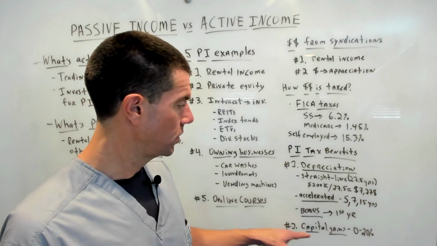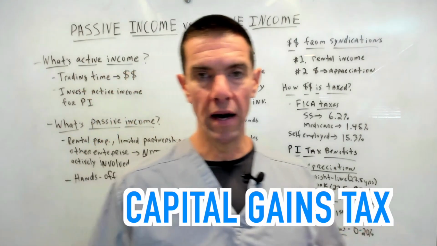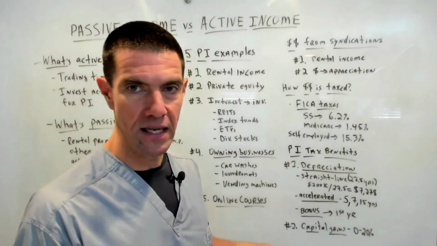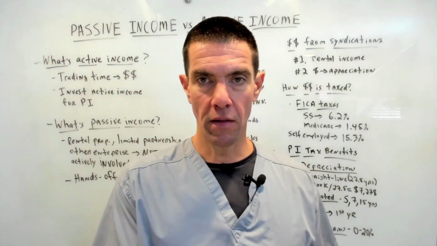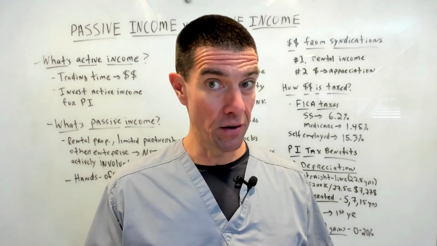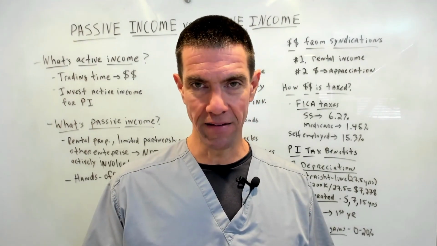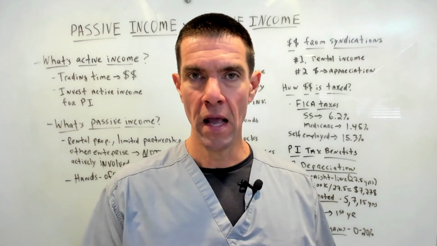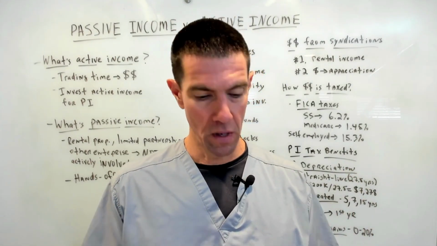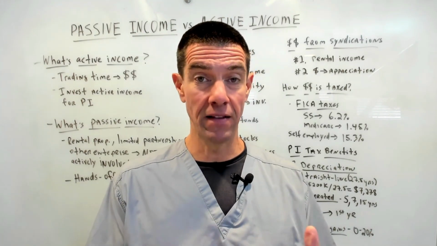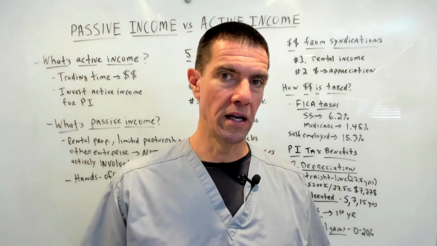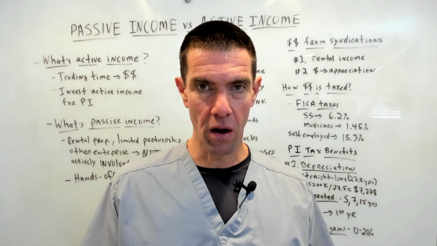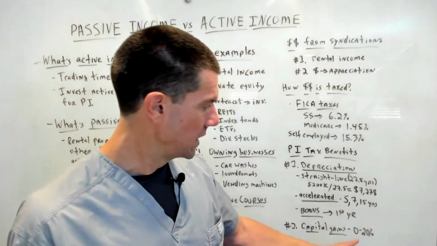And the second one has to do with the capital gains tax. So whenever you have real estate and it's sold, whether you're active or you have a syndication, you sell it, then the IRS, they're still going to get their cut, right, through something called a capital gains tax. So that's a capital gains after the deal is sold. So the amount of capital gains depends on the length of time that the asset is held, and then your individual tax bracket. Now, in 2023, we're recording this right now, it's anywhere from 0 to 20%.